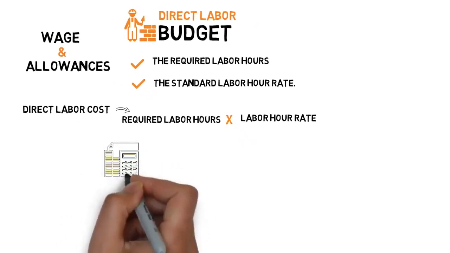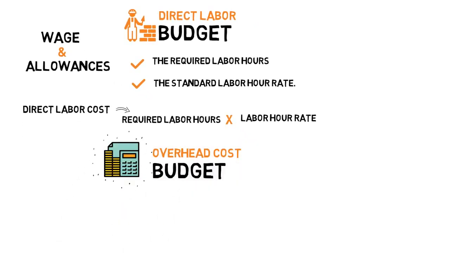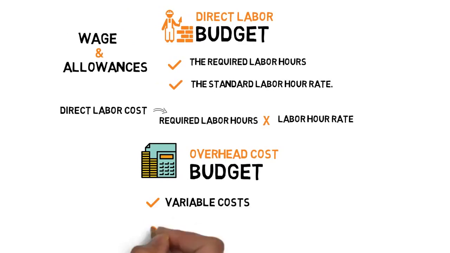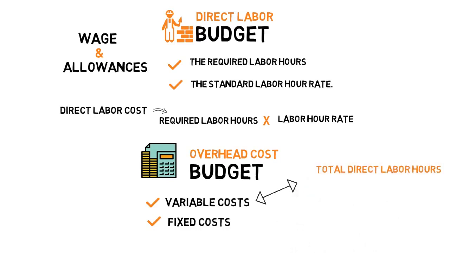This takes us to overhead cost budget. You recall I defined overhead as the costs that cut across every department. Similar to the budget of selling expense and management expense, the overhead costs are divided into two categories: variable cost and fixed cost. Total variable overhead costs are estimated based on the rate of variable overhead cost. The rate of variable overhead cost can be estimated based on the total direct labor hours,